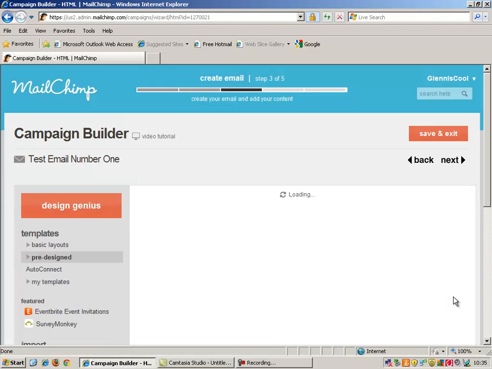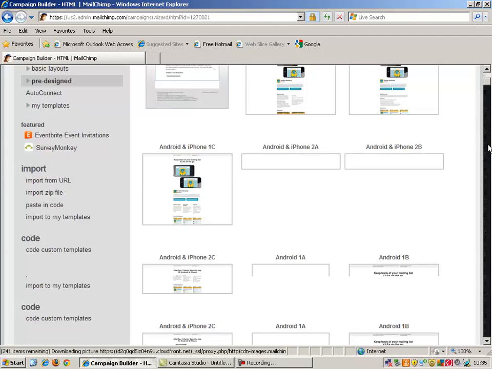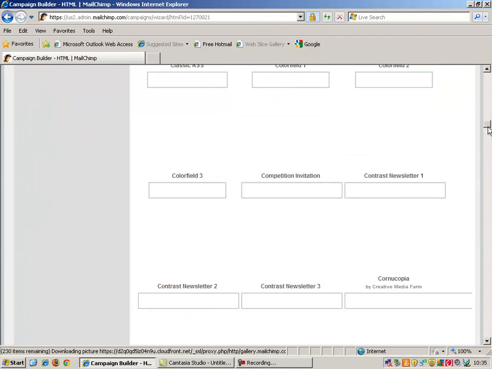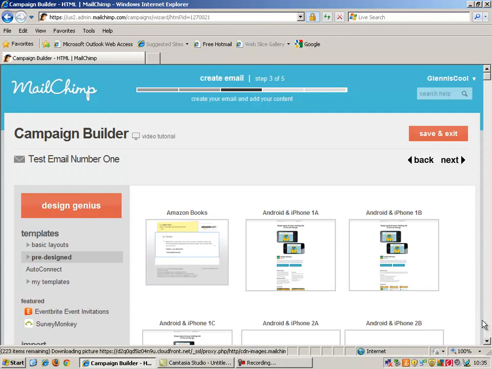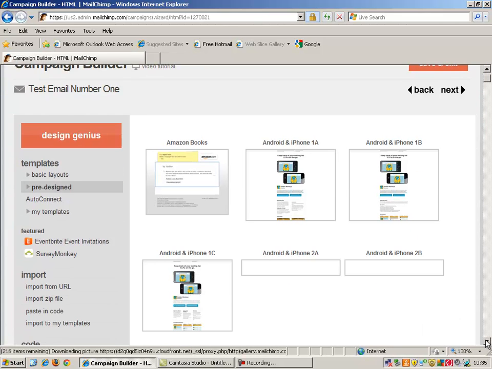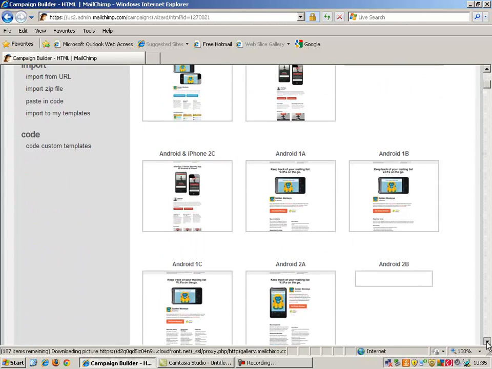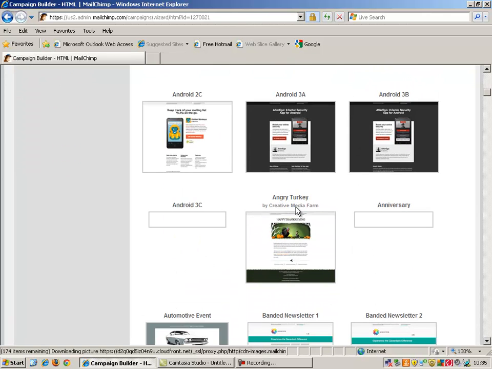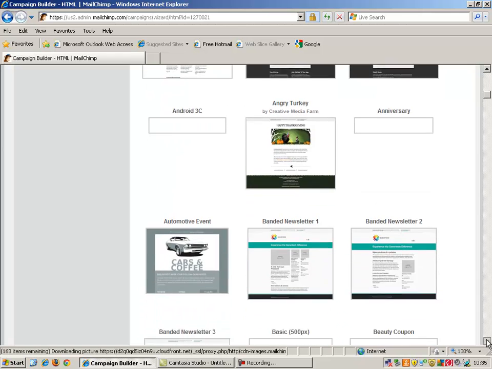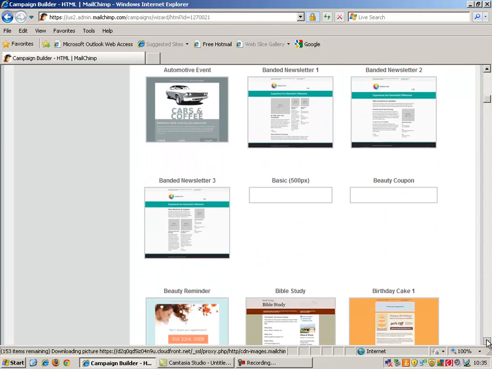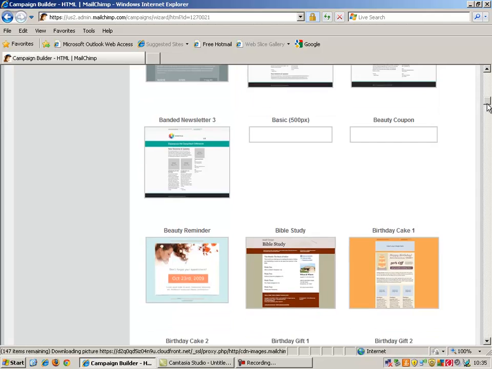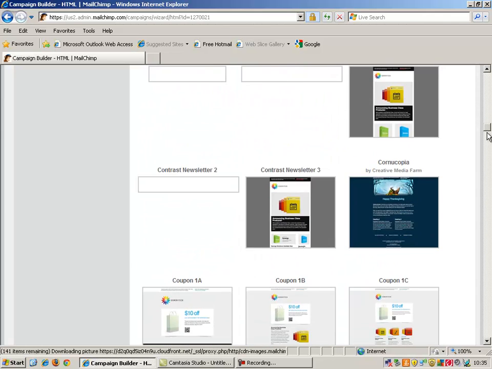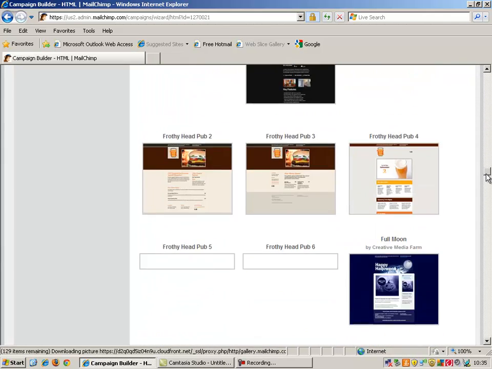And you can see here that we come straight through to a design. Whoa, calm down. And here you can literally just pick out any kind of email template you really want. There's one called Angry Turkey there. I'm not quite sure what that's about, but I'll let you explore this page. There are so many forms. You can design your own, don't get me wrong,